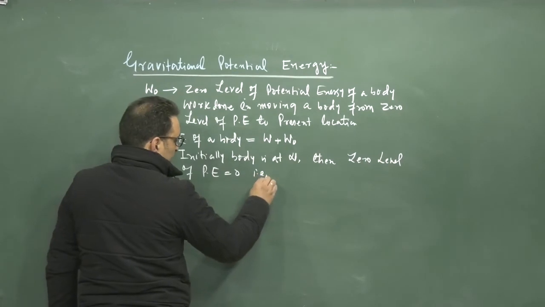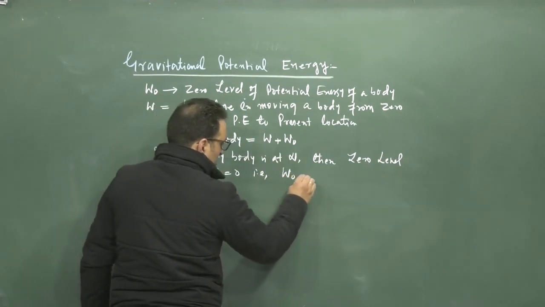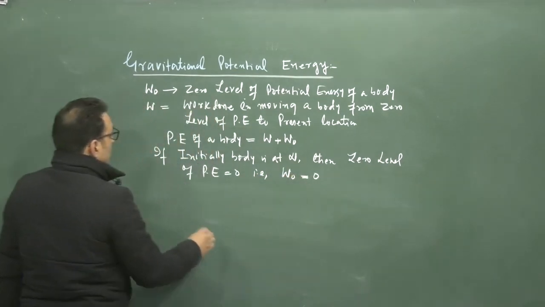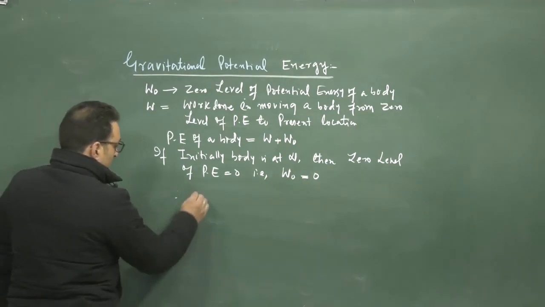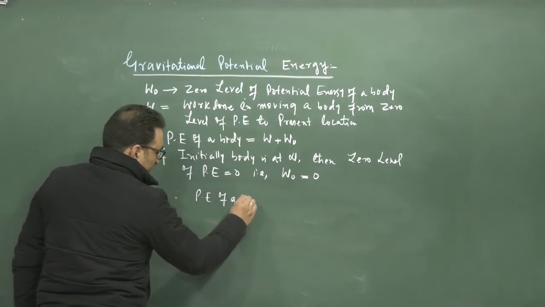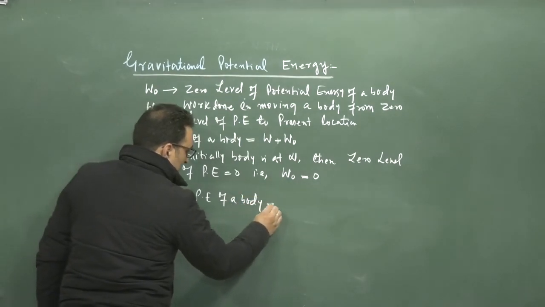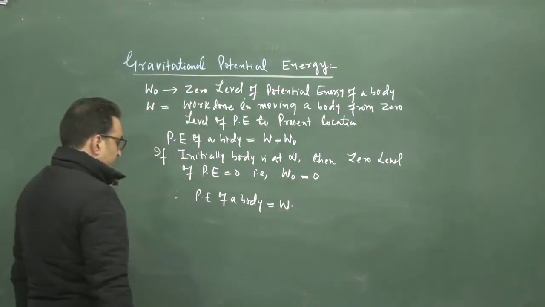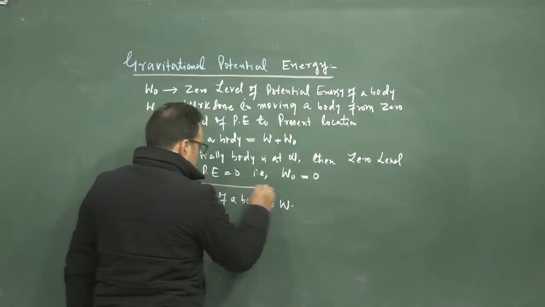That is, I can write W naught is equal to zero. Therefore, the potential energy of a body will be equivalent to W. From this equation, it is clear that